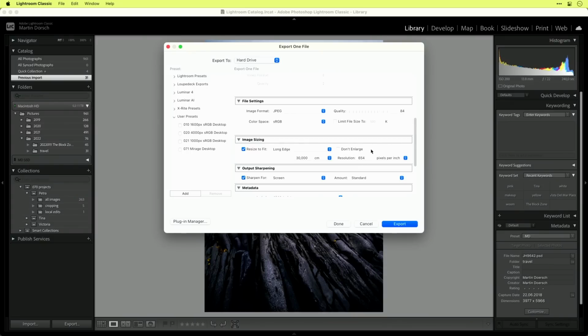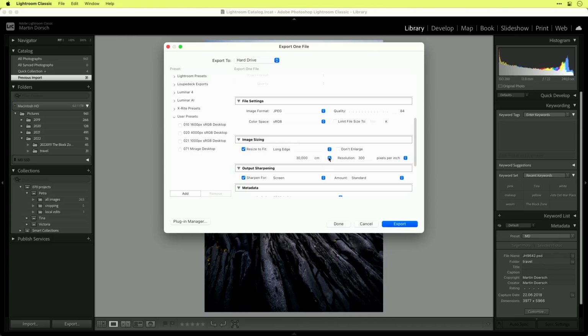And now it's really important to change the resolution from whatever there is to 300, because a 30 by 20 image will be shown at a distance of roughly 30 centimeters, and then it's okay. And when I now export this, I see how many pixels I will get.